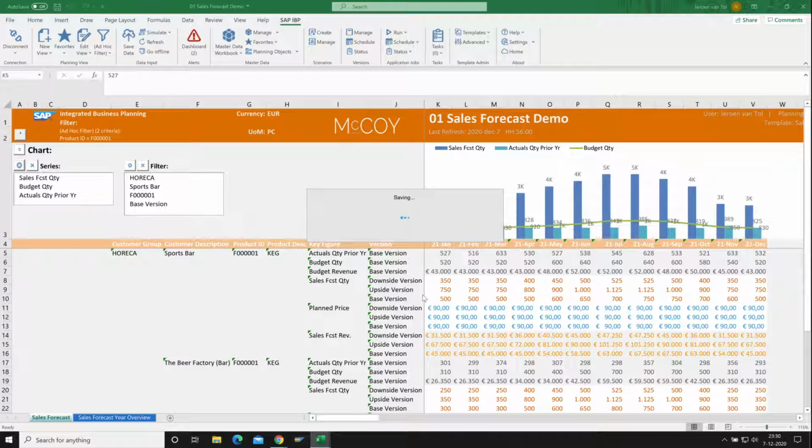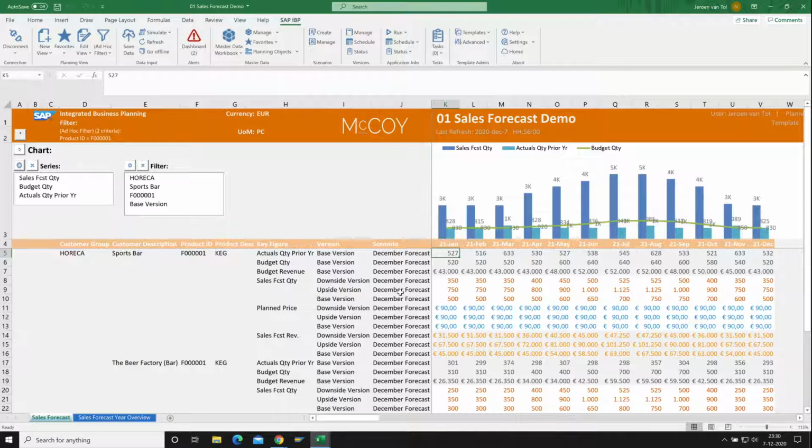So here, I'm also creating a scenario. So on top of my versions, I can create a scenario. A scenario is more personal, and I can share it, as I just did, with 2 or 3 colleagues. This gives me the opportunity to play with the numbers without playing the actual versions. And the actual versions are visible for everyone. This scenario, which is now included, is only visible for me as a user and the users on which I shared my plan. So that gives me another possibility to perform the what-if without touching the actual numbers, but with the opportunity to see the impact.